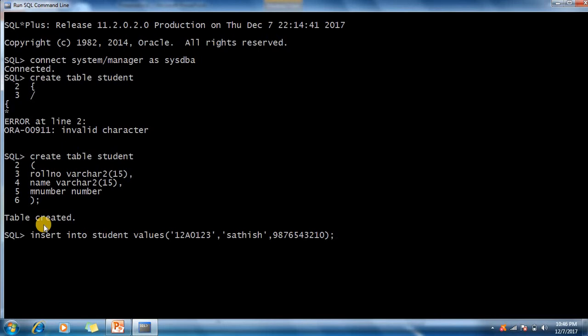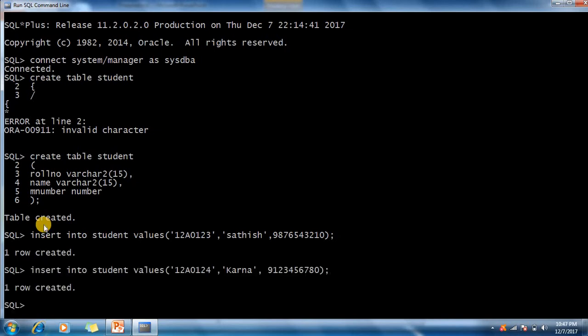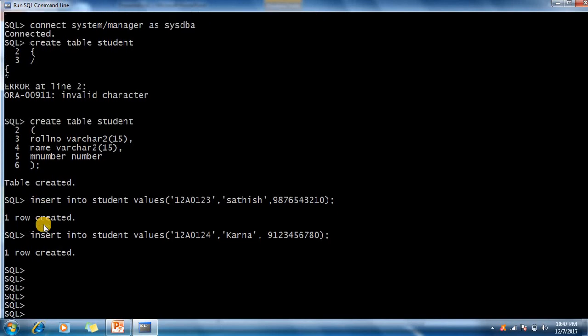Once we enter this and press the enter key, it will show that one row is created. You can again insert another row also. One row created. So in this way, rows are created. In the same way, if you want to enter so many rows at a time, as I said, you can use ampersand. So for that, insert into student values